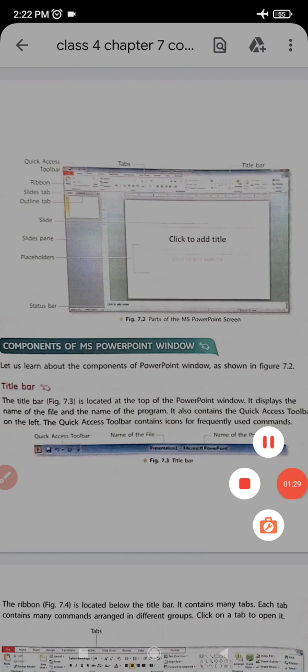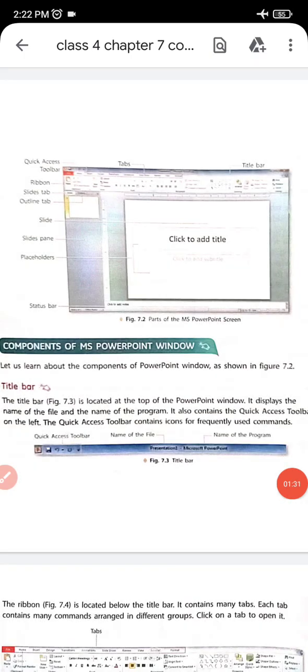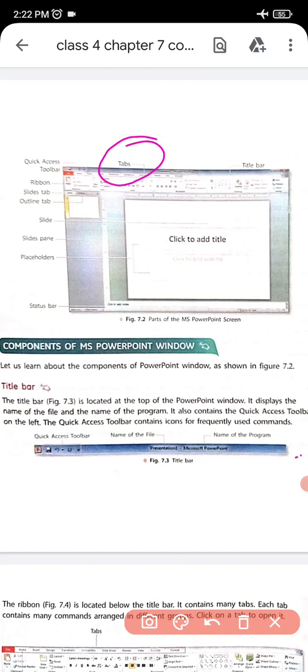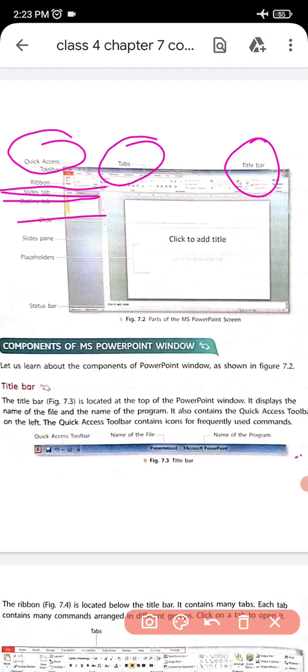Components of MS PowerPoint. Here you can see the first one is the title bar. See here, this is the title bar. After that: title bar, then tabs, then quick access toolbar, then ribbon, then slide tab, outline tab, then slides, slides pane, placeholder, status bar.